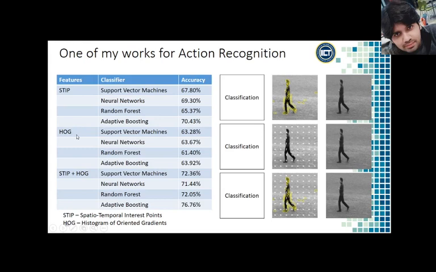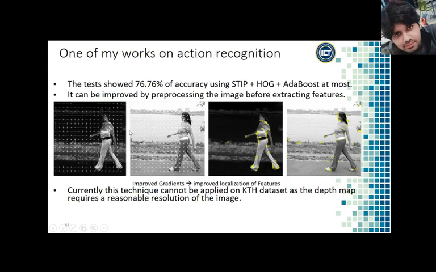If we use histogram of gradients, of course it yields less accurate results than the spatiotemporal interest points. But if we combine both of these, you can see that there is quite an improvement in the accuracy of action recognition. These were my findings, that we can achieve 76.76% accuracy using both of these features and the AdaBoost classifier, and it can be further improved if we perform a kind of pre-processing before extracting the features,